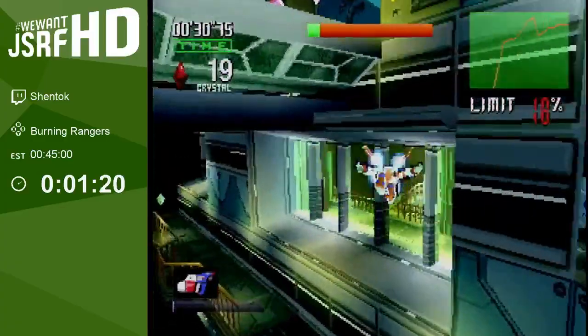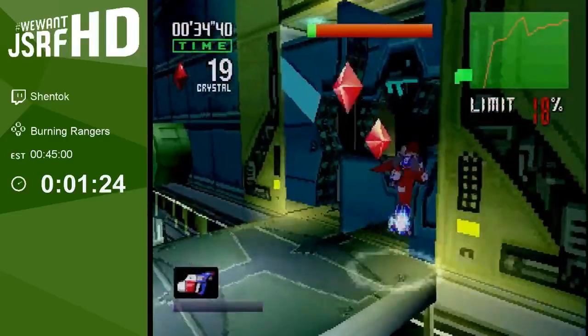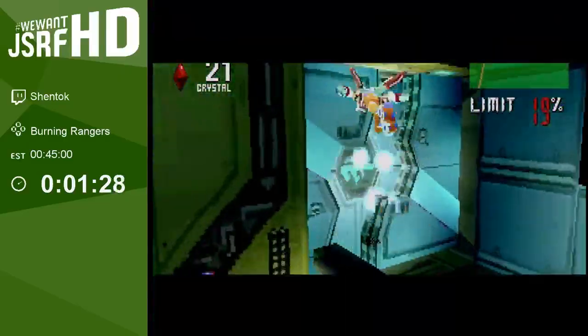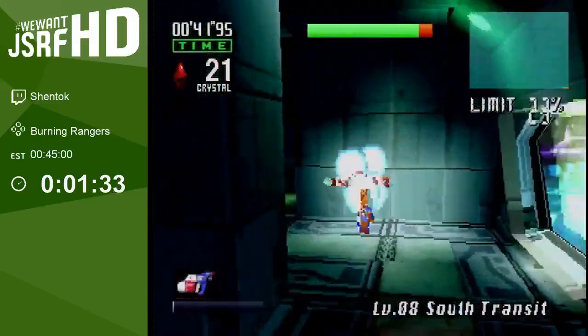So this is one of the jumps that we do to skip a bunch of platforming. And if you double tap jump, you can do a high jump. If you jump and then jump again after a delay, you'll do a lower jump, but you'll have more control